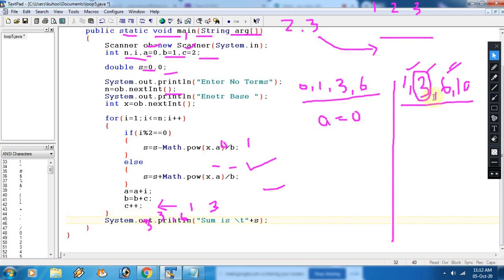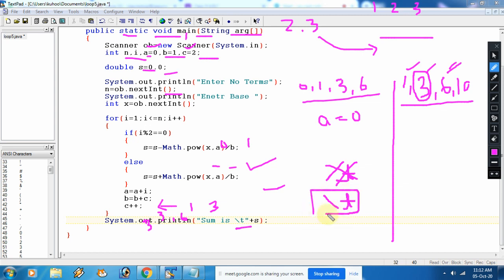And now one more thing, some of you in the mail wrote /t. So /t is wrong, absolutely wrong. For that we need to use \t. Basically this \t, the tab space, is used to give blank space wherever you put this \t inside the double quotation marks, right? So please remember everyone, /t doesn't work. In that case you will get /t as it is on your output window. So for that we are supposed to use \t.